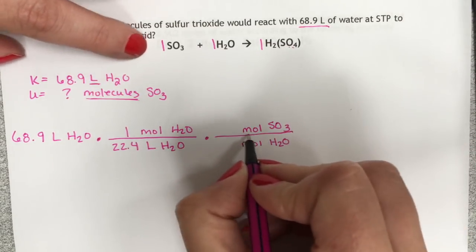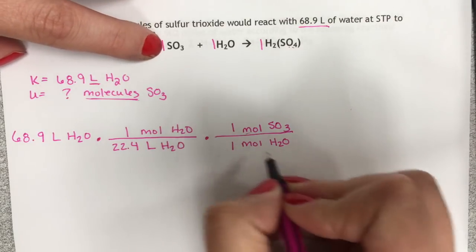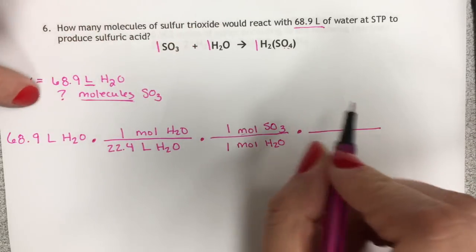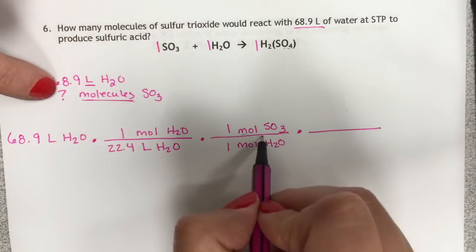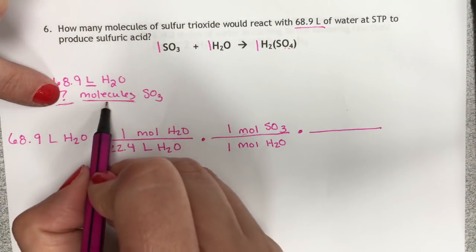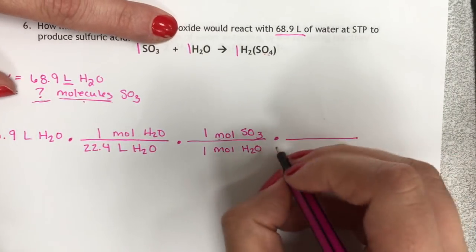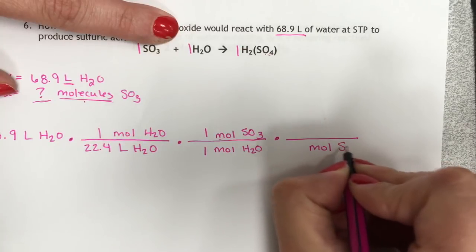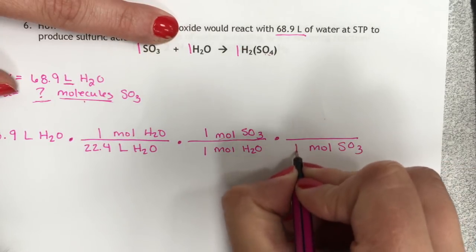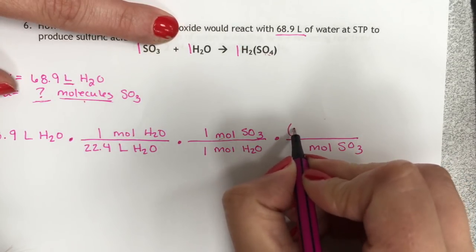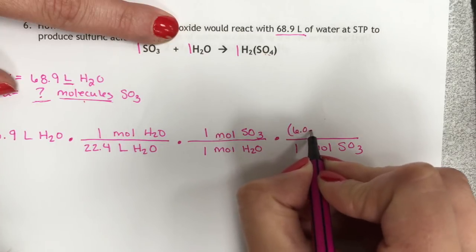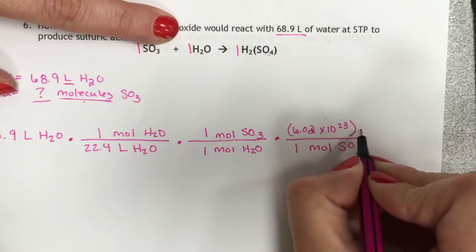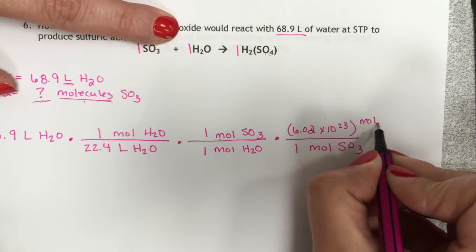We did our mole to mole ratio. They're 1 to 1, coefficient 1, coefficient 1. Then we have to convert from liters, or I'm sorry, from moles, and we have to figure out the number of molecules. So the mole will go at the bottom, because we have to. Whatever's up here must go here. SO3, 1 mole. And this is where we will use Avogadro's number, 6.02 times 10 to the 23rd molecules